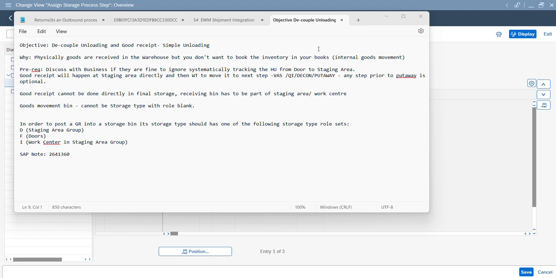Now, coming back to this requirement wherein once we receive the product or the pallets physically in our warehouse, we want to capture the unloading step, but we do not want to post the good receipt. So I would suggest that mostly it will make sense if you are receiving the product from another warehouse or another plant in your organization. Now, if this business requirement is met, then you can propose this functionality to decouple unloading and good